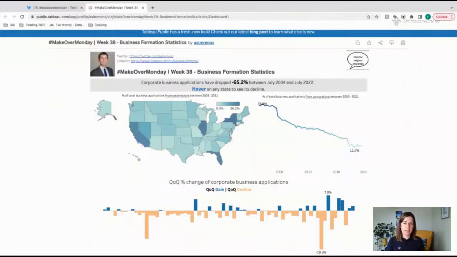Basically, the way people read charts and visualizations is a Z pattern. So they start with the title, they go kind of down across through the middle, and they read the stuff at the bottom. So that's how they scan it. That's why you want your title to be impactful.